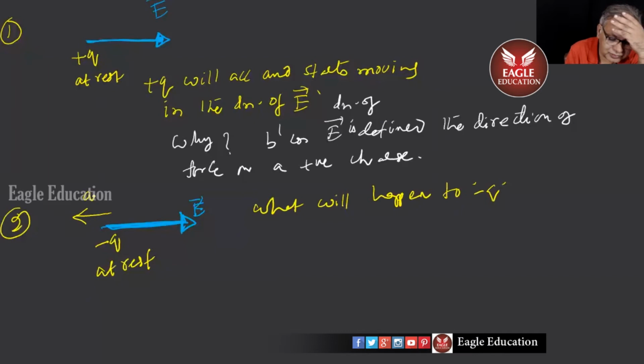Do you follow this? Why? Since E is defined as a force on a unit positive charge, if I place a negative charge there, it applies force in the opposite direction. So I need not look for sources now. My E is enough for me. This is what you mean by modeling. Who is causing this, whether plus is this side, minus is this side, is not at all my concern right now. I defined E already.